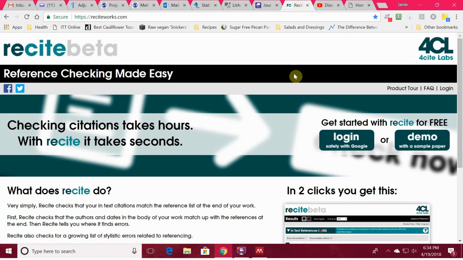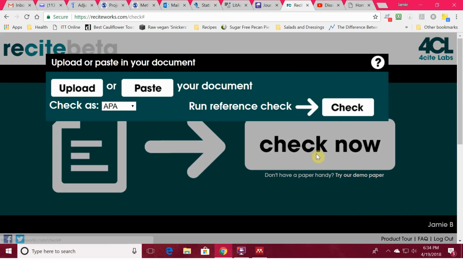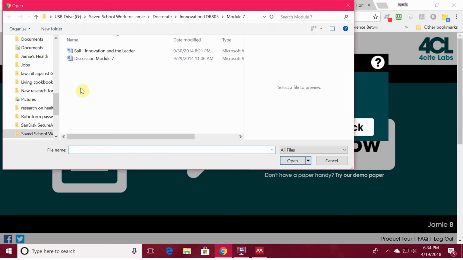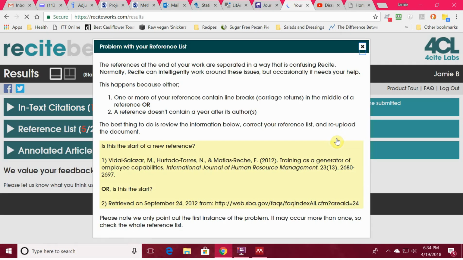So ReciteWorks is simple. You simply log in with your Google account. You select Check Now, and you can upload your dissertation. I'm just going to use a regular paper that I wrote at some point in time. I'll select Check. Okay, and the first thing that popped up here, this is a warning about my reference page,